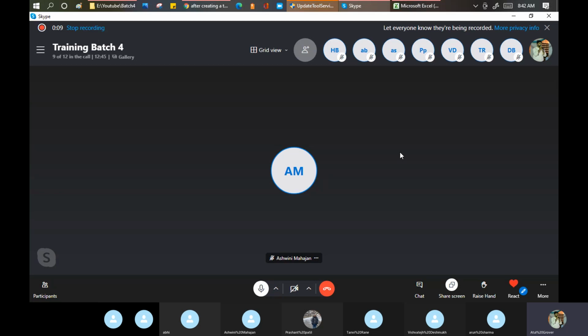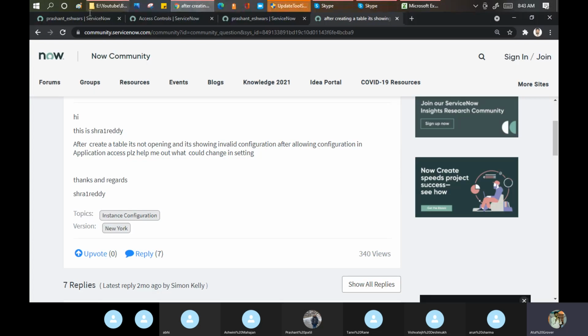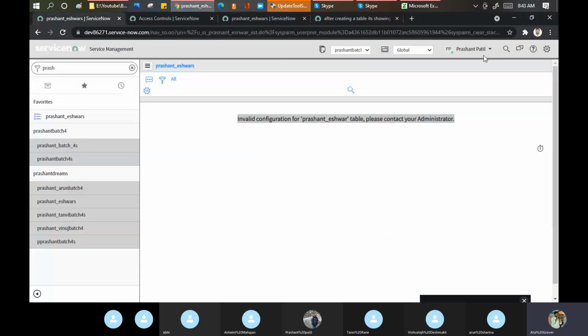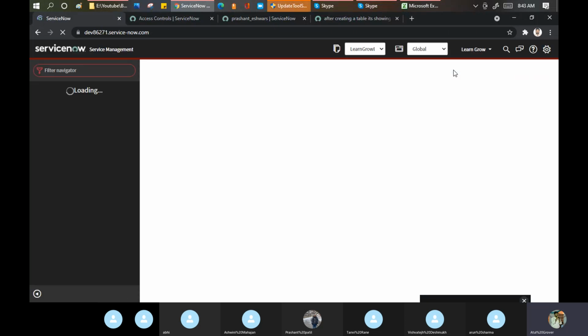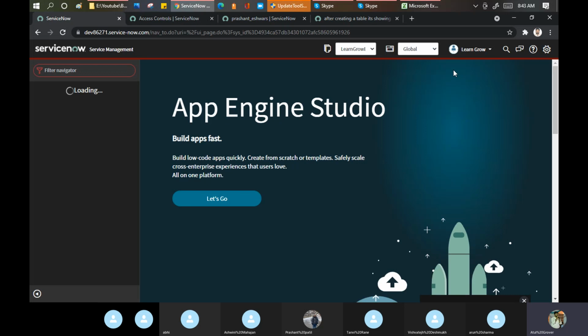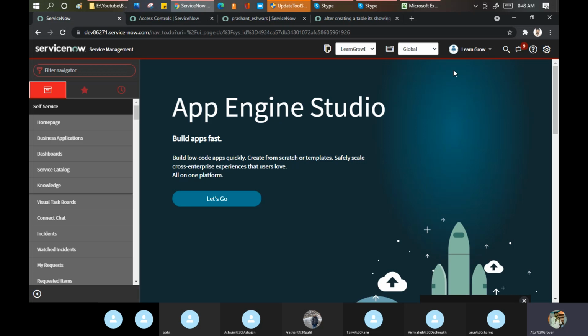Until yesterday we discussed specifically in ServiceNow how to create a table. If you create a table without extending, what is extensible, what is the auto number, how to create a module, all the things you people have seen. Today I will show you how the table fields come on the form, how you can make changes, and how you can design your own form.